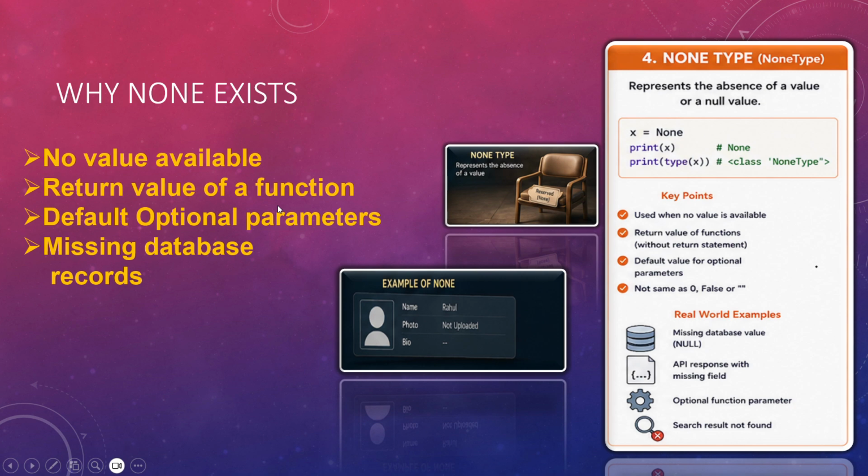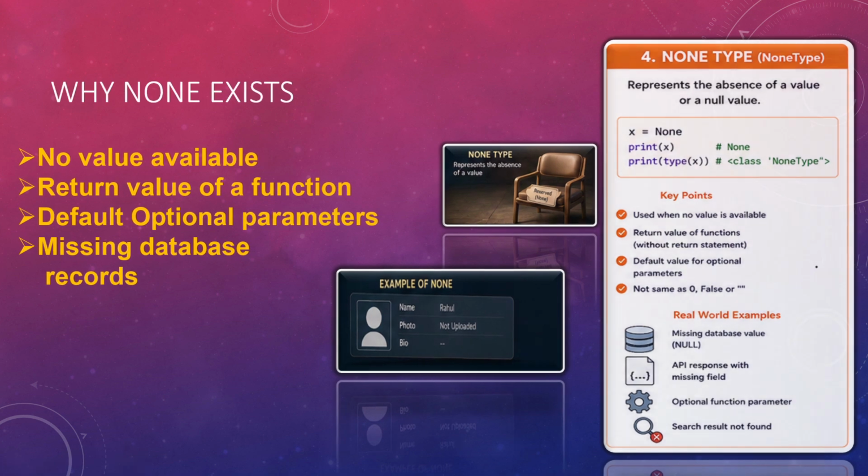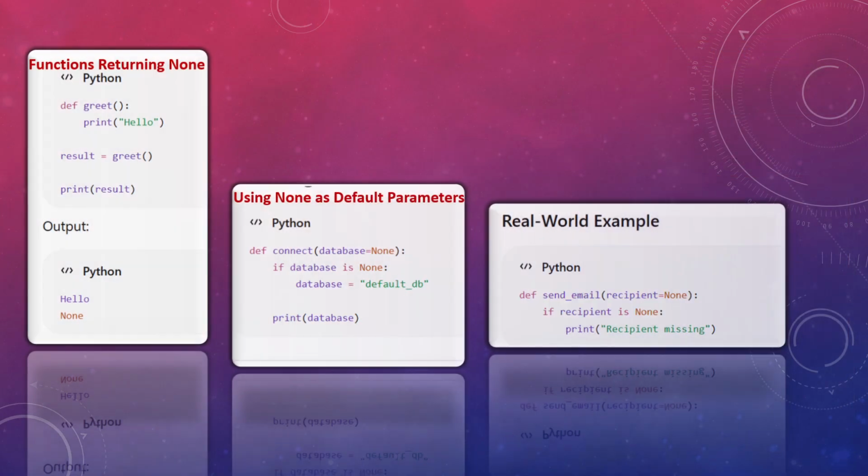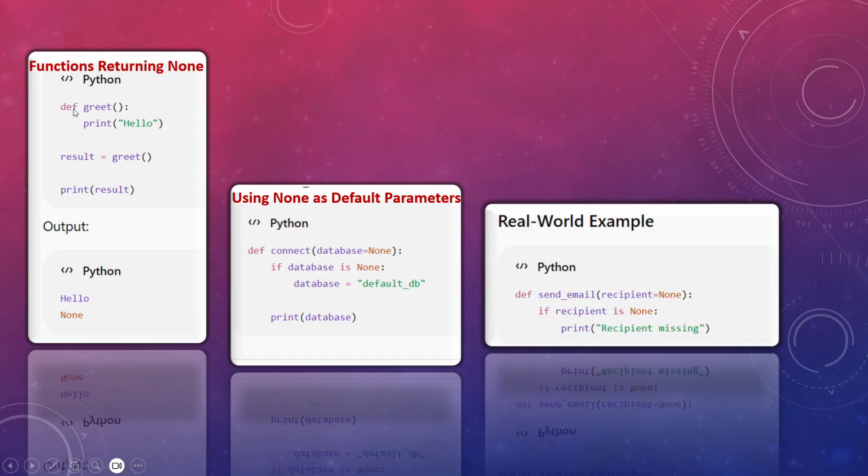So here, the return value of a function. I have shown you how to write a function, we have a proper definition for a function, right? This is a function. def is the keyword which defines the function. This is the name of the function. Open close bracket, you can send the parameters that you want to use here, right? Since there is no processing going on in this, it's just greeting, I will be just writing print hello. And it is not doing anything other than that, it is not even returning any value here, right? So what is the return type for this? It is None. Okay, that means the return type is None here.